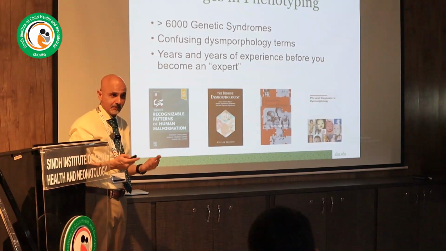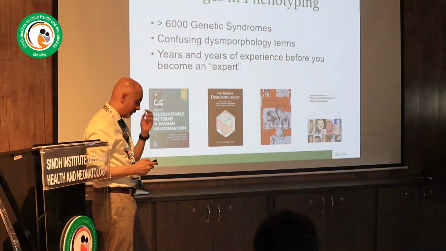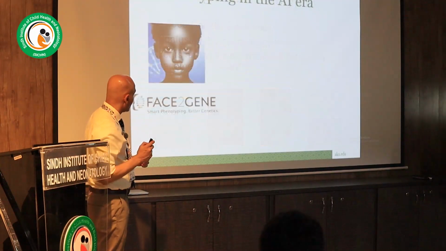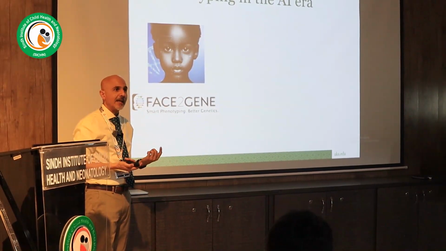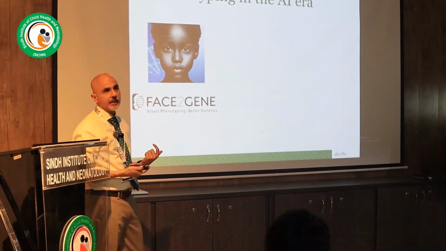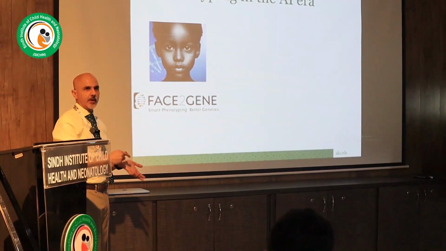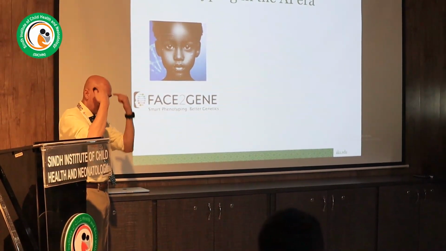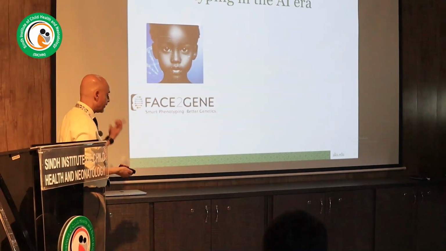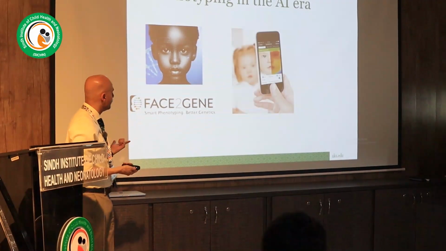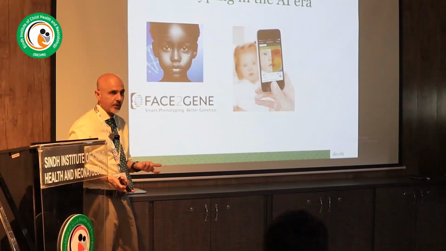If you're still a book reader, most people are just now decorating their bookshelf with their books. But now this is the age of AI, and phenotyping can now be done by machine learning and by algorithms. And obviously, like any AI technology, it cannot replace you. You have to be the responsible, knowledgeable person to use AI to become more efficient, right? But this Face2Gene technology is very, very cool. It's basically an app on the phone. Anyone can download this app. You can download it today.